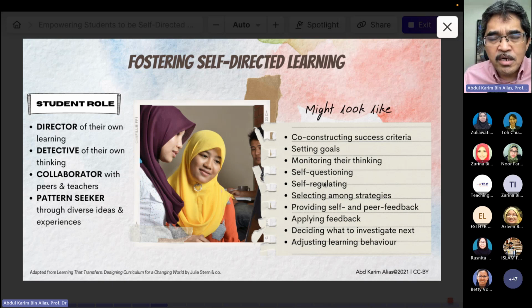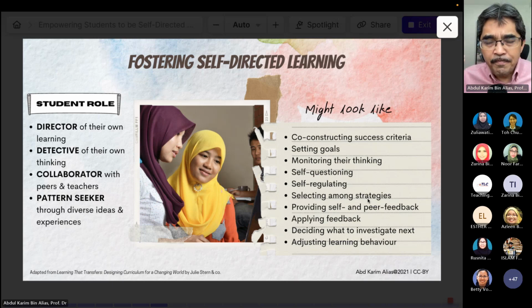So just like a regulator for our aircon, our air conditioning, for example, we set at a certain temperature. So then it stops. When the temperature rises, it will turn on again. So it's a self-regulating kind of mechanism. Selecting among strategies. So self-directed learners, they have so many strategies to learn, and they can choose depending on the situation. So it's situational. They are very aware of the situation, and they can pick up any tools, any strategies, any technique necessary depending on the situation. So these are very agile, very adaptable kind of students, which in the world of